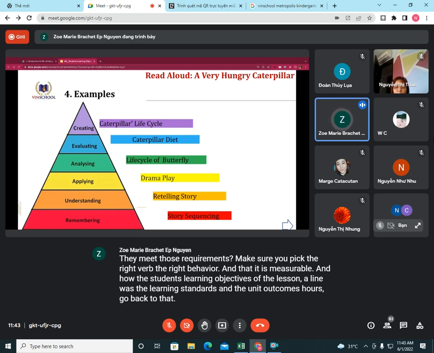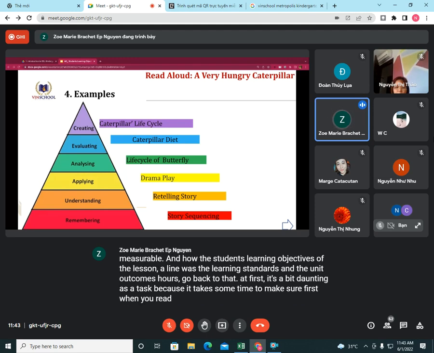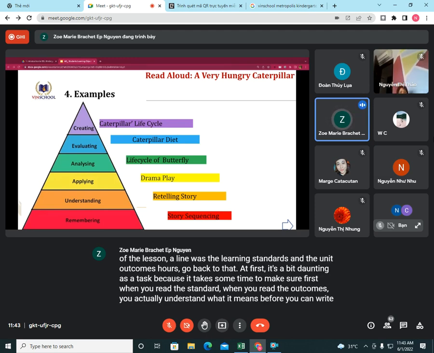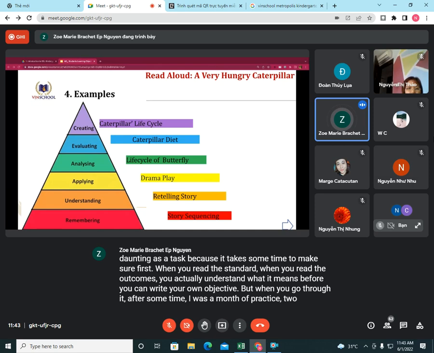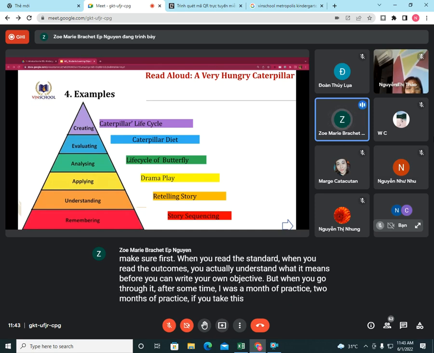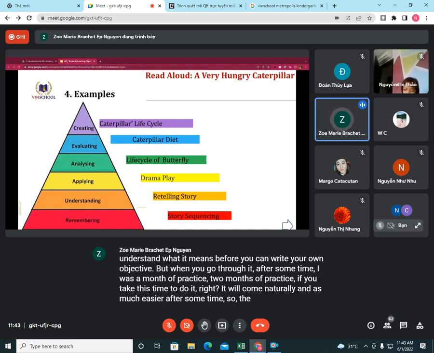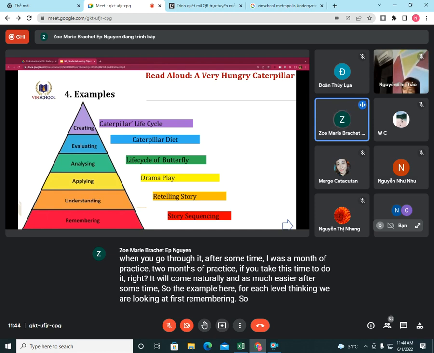At first, it's a bit daunting as a task because it takes some time to make sure that when you read the standard and the outcomes, you actually understand what they mean before you can write your own objective. But after some time, I would say a month or two of practice, if you take the time to do it right, it will come naturally and it's much easier. So for the examples here for each level of thinking, we are looking at first remembering, so story sequencing,